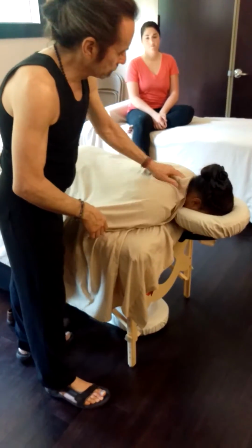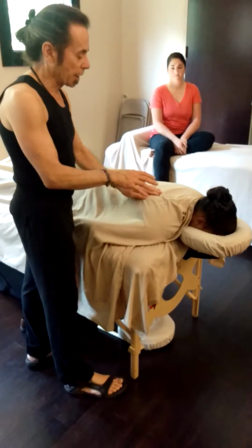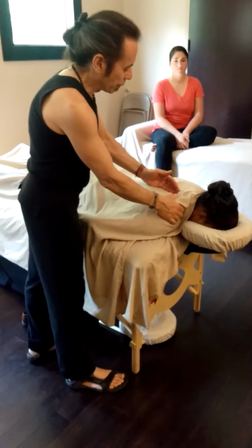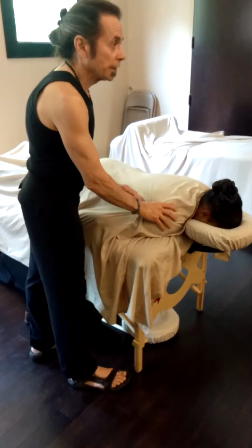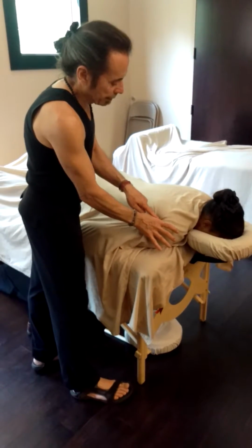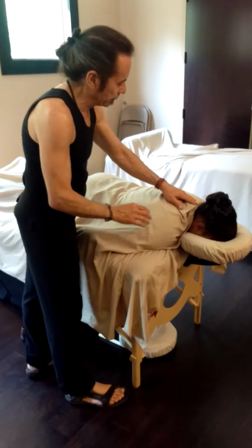In this first demo, we're just going to do some general loosening of this upper quadrant here. So we're going to take into consideration the neck, the upper traps, the rhomboids, the infraspinatus on the back of the scapula, and the teres muscle here, which is very key in shoulder tightness and imbalance, and posterior deltoid, along with the more superficial big muscles of the upper back, the trapezius,